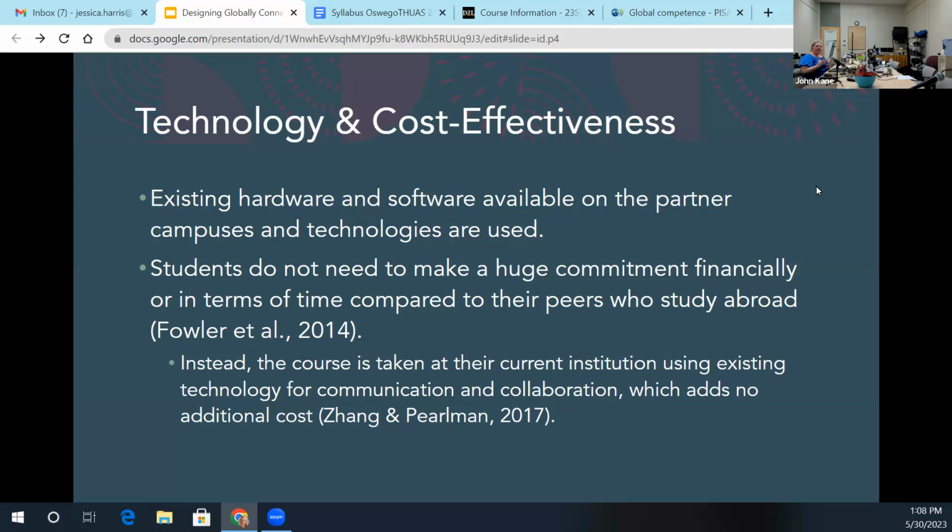So students don't need to make a huge commitment when you're thinking about COIL. What they do want to think about is signing up for a course that has this embedded, and the time, that type of thing. But financially, compared to study abroad, it's going to be different, right? It's actually going to be something that will help them. It's more cost effective for them in that sense. Instead it's taken right here at their current institution, using the technology that they have for communication and collaboration,